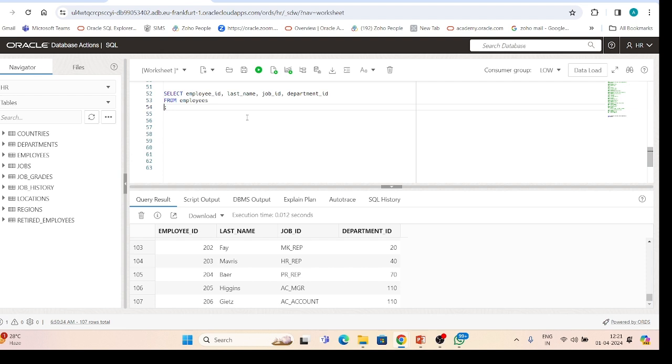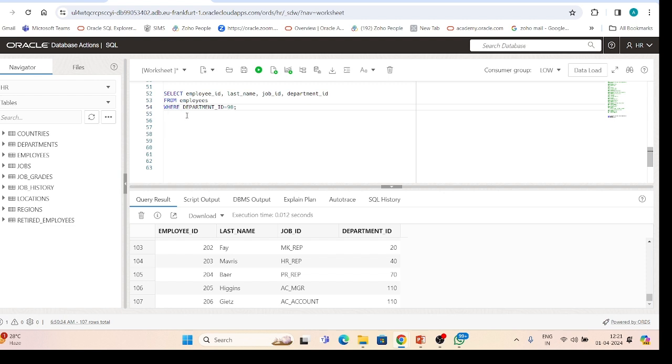the information only for the employees who are working in department number 90. Okay, so this is how we impose the restriction with the help of the where clause.